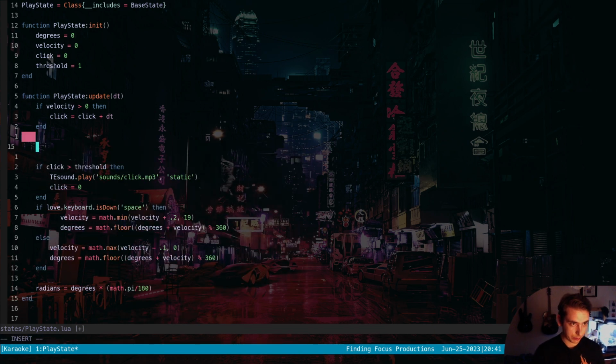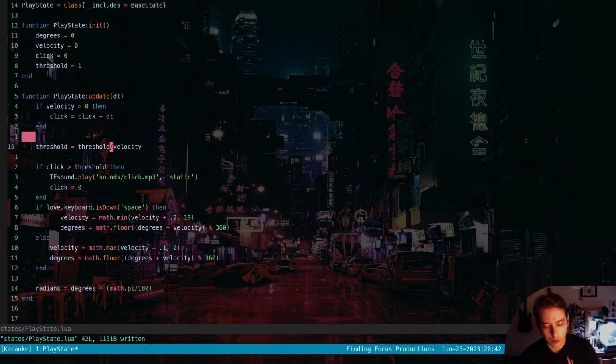So we would need to do something like, what would we need to do? We would need to set our threshold to something in relation to our velocity. We don't want to copy our velocity, we want it to be like an inverse. So maybe we say threshold divided by velocity. That way, threshold would get, let's say our velocity's 2. That would mean,